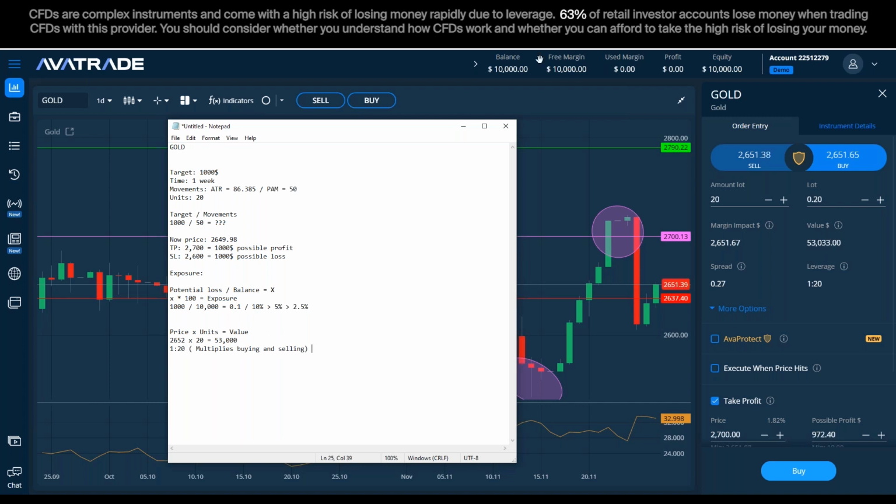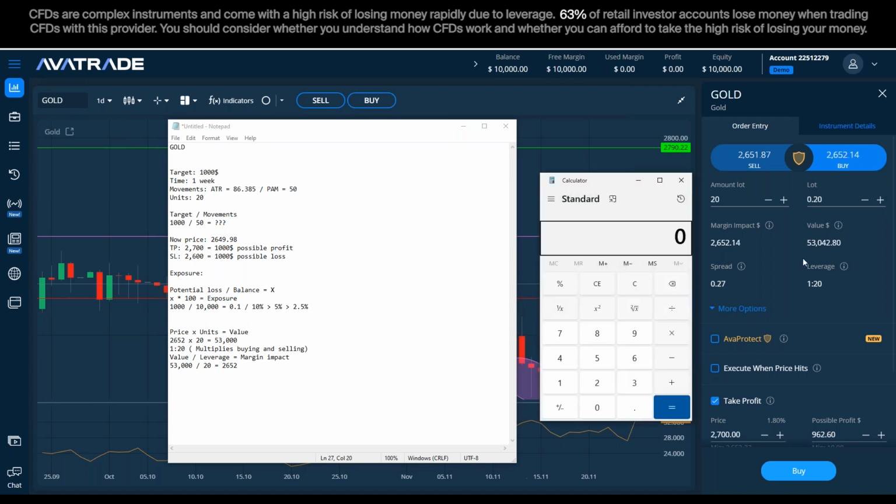And because hypothetically my ability is multiplied by 20, what I can do is divide the value by the leverage to know the margin impact, which in this case, 53,000 divided by 20 gives us 2,652.2. Which is again the true amount needed for me and not this much. This is what I would have needed if I didn't have the leverage.